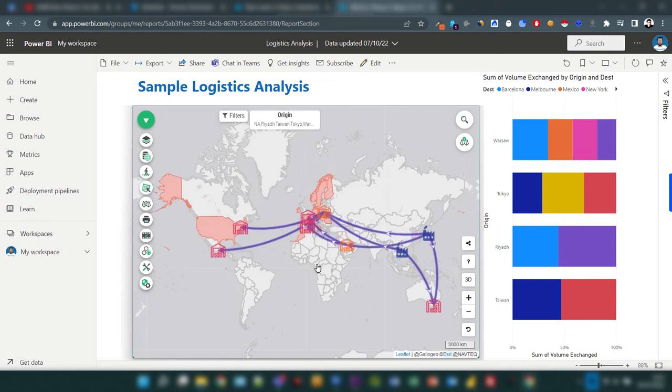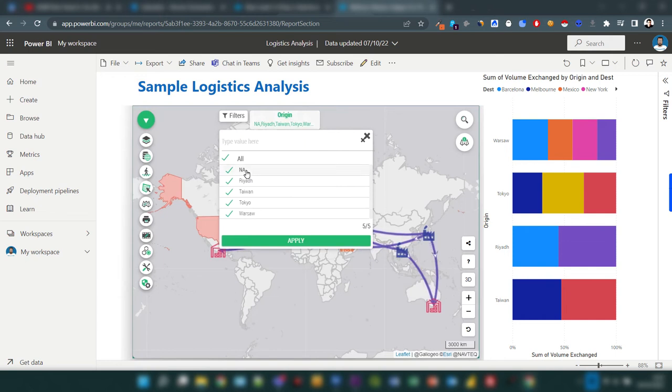And now what I can do is create my what-if scenario, just activate a filter directly on the map that I have pre-configured. On this filter here, I have all the different origins from where the shipments are going out. And what I can do is just remove one of them. For example, here, if you locate the one that is in Tokyo, and if I remove the one in Tokyo, and I click on apply,